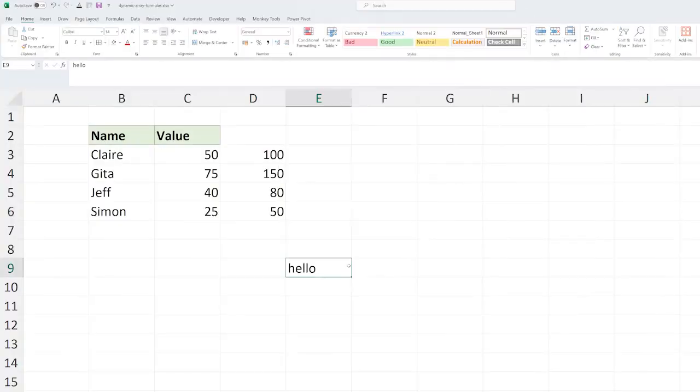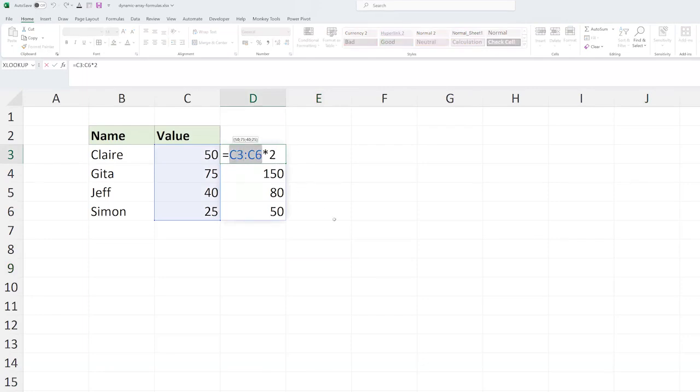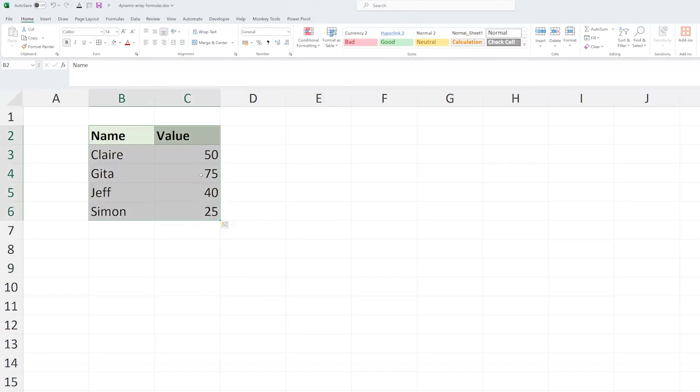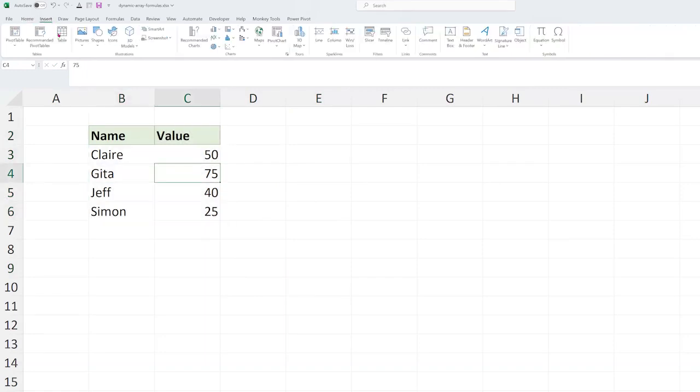Typically the spill error is shown when something's blocking the spill range. The other typical time that you'll see a spill error is if you're dealing with a table. And tables are amazing, so you really should be, and we will be soon. At the moment, this formula is not dealing with a table, it's dealing with a normal range. But if I was just to delete this for a moment and convert this range into a table, if I click on Insert Table,